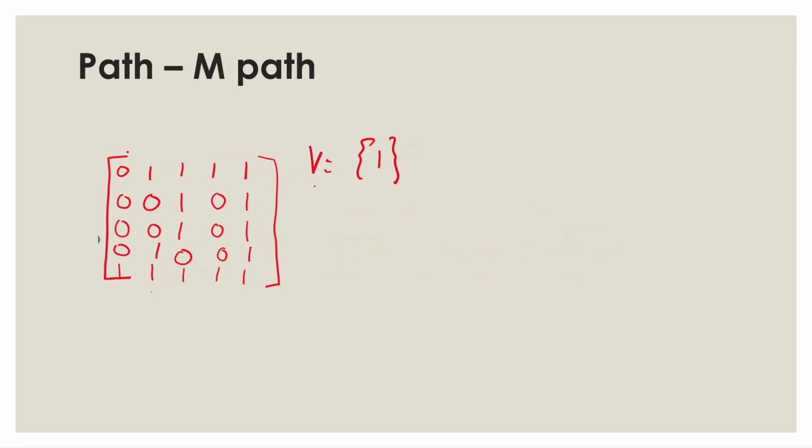Now let us consider the M path. So it is called a mixed path. So let us take this pixel P as a starting pixel and Q as an ending pixel. Let's take this value V as 1. So as usual, we have already seen the 4 path. So the path 1 will be 7.